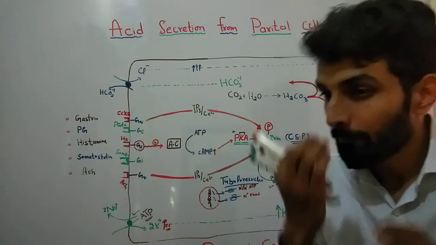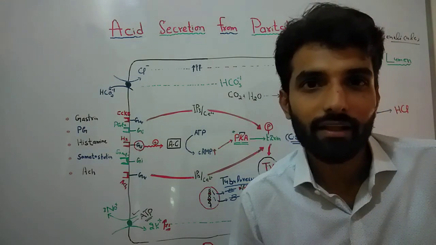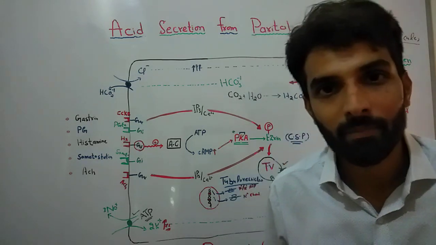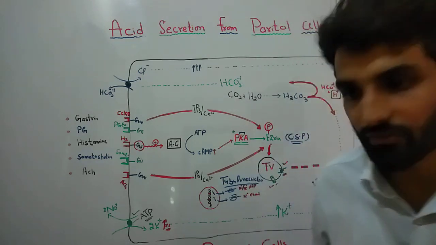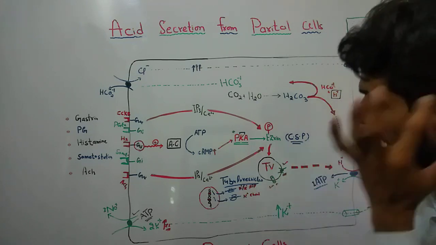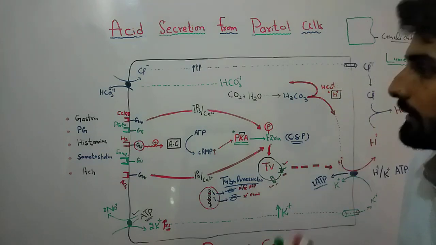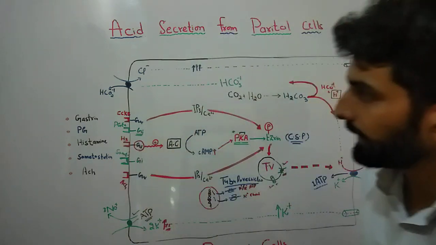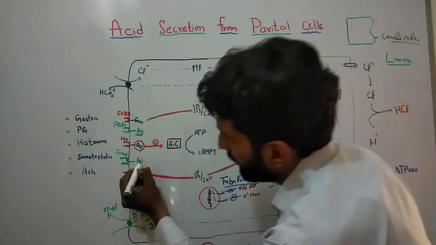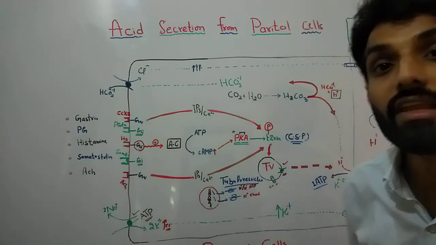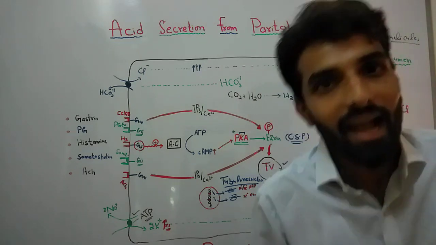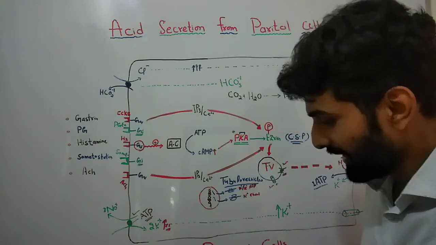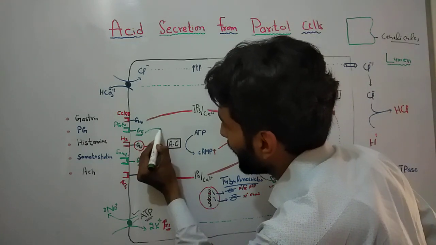Now we know that prostaglandin and somatostatin basically decrease the acid secretion. Now let's see how this works. Basically these receptors, the prostaglandin E2 receptor and somatostatin receptor, are linked with the G inhibitory protein, Gi protein, and Gi protein will inhibit